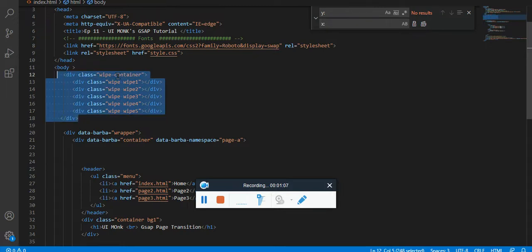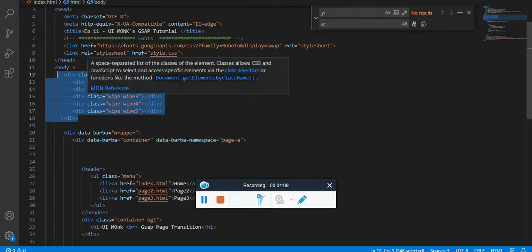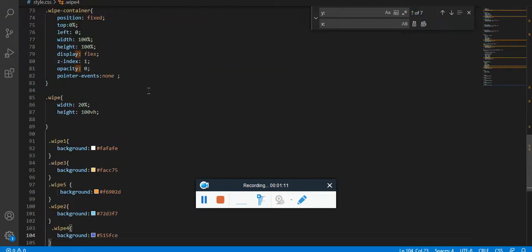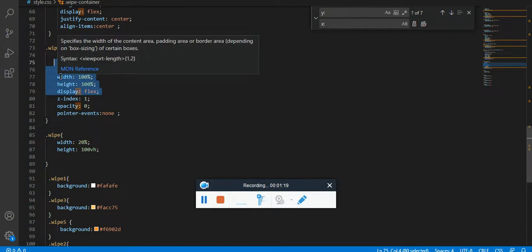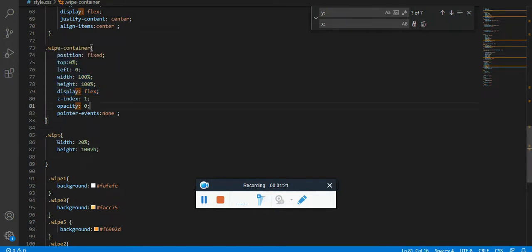I have given the container position fixed so that it is fixed on the screen, and stretched the width and height. Whatever is inside, we have the single class wipe. I have given display flex, so whatever is there will be displayed in the form of columns.